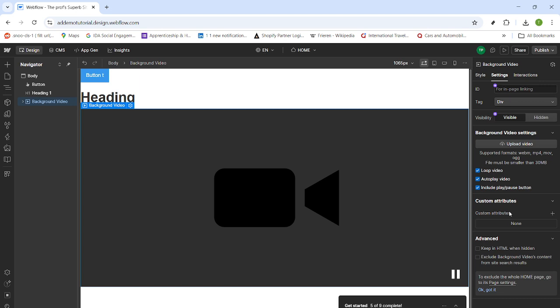Give it a quick preview in the Designer. If everything looks good, you're done. You've just added a background video in the simplest, most